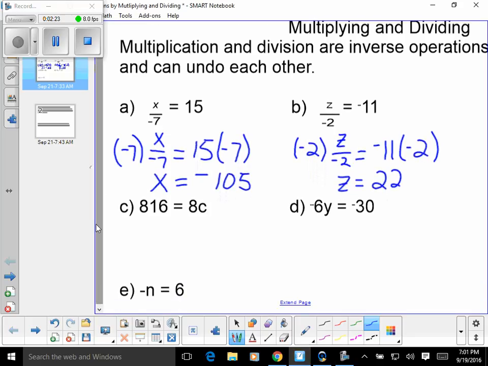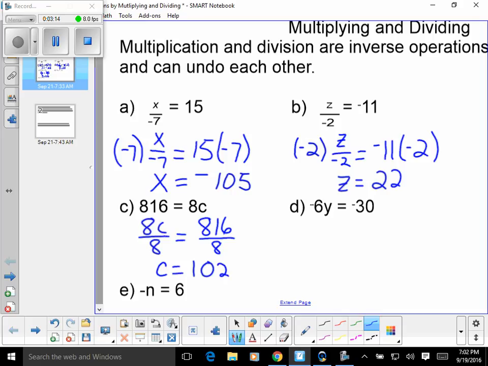Example C, you will note that this is actually a multiplication equation because it says 8 times c. You always look for that variable. Now, personally, I like to work with my variable on the left. So I can use a principle called reflection, which means that I can just exchange the sides of an equal sign. An equal sign. Not an inequality like greater than or less than, but I can do it if it's just plain equals. I'm going to bring the 8c over to my left side, and then I'm going to undo it by division. So I'm going to divide by 8, and then the 8/16 is also divided by 8. And c is going to be